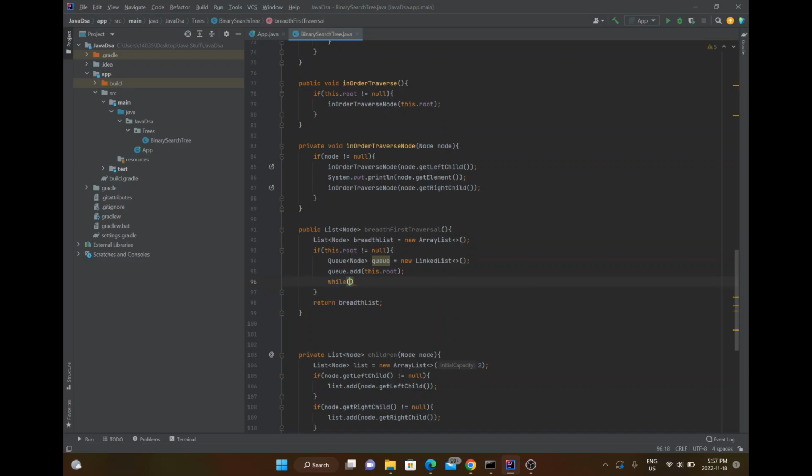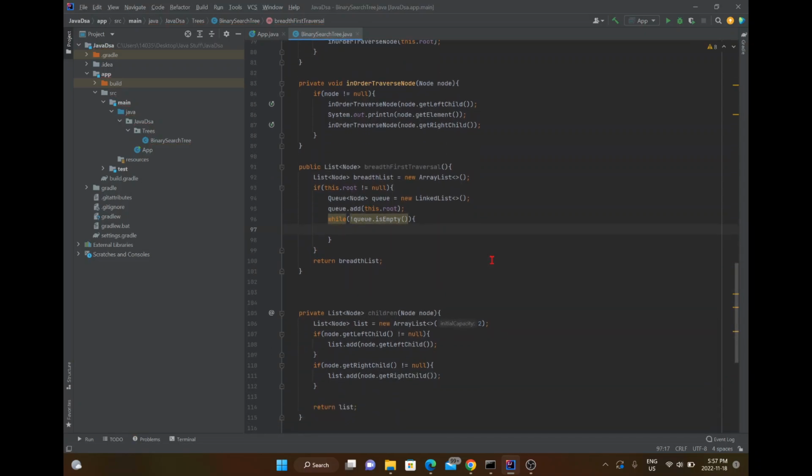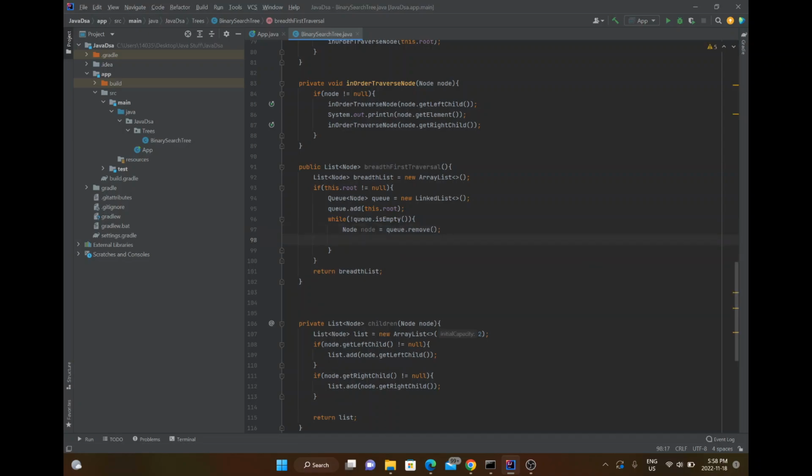We're going to create a while loop, and we're going to say while queue dot isEmpty. We're actually going to negate that. So while this queue is not empty, what we want to go ahead and do is remove the root from the queue. We then want to find its children, and then we want to add those children to the queue. So first thing we're going to do is say node is equal to queue dot remove. We're then going to, actually I forgot this, add to the breadth list dot add this node,